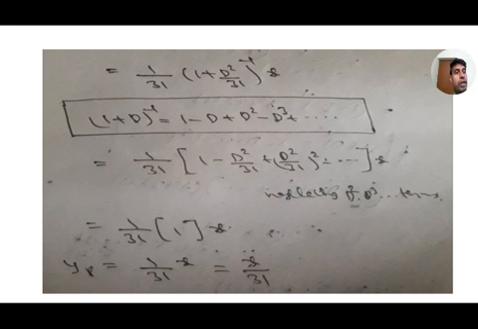Term by term, here up to here x power is 1, so we need to take only up to d terms, because the second order derivative, third order derivative, fourth order derivative and so on of x is equal to 0. No need to expand it. Here we get only 1 as the term, so that is 1 into x by 31. Next we will move on to the particular integral problems.